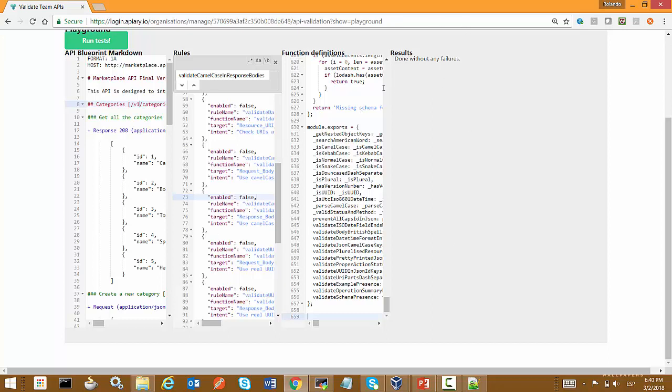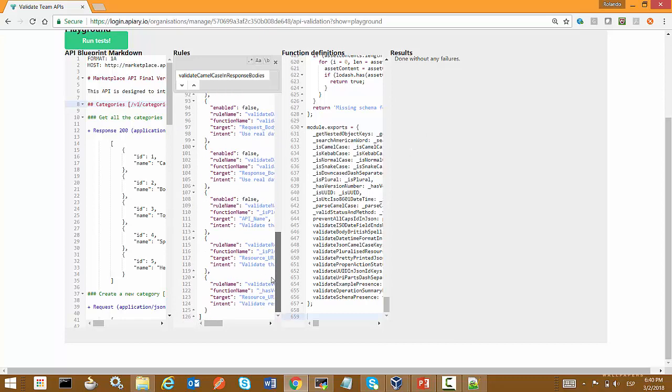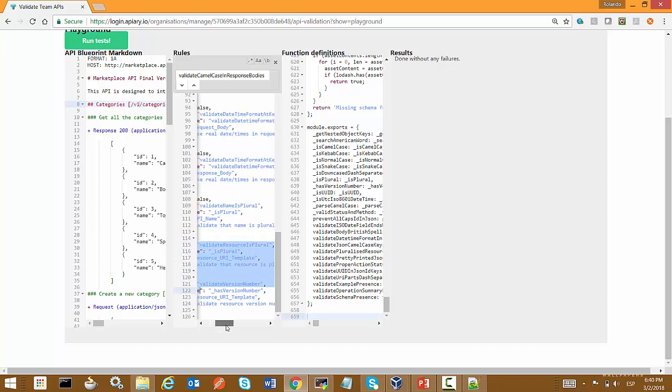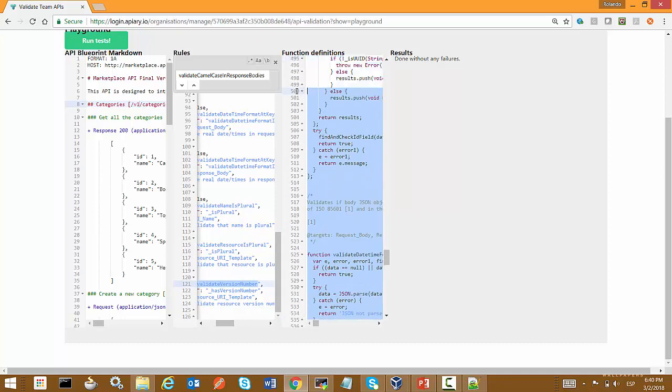Okay, this is the result of executing these two rules, validate resources plural and validate version number, with this JavaScript code.